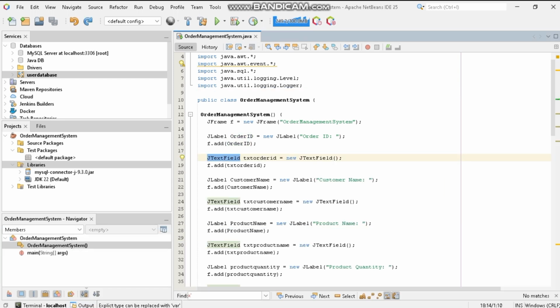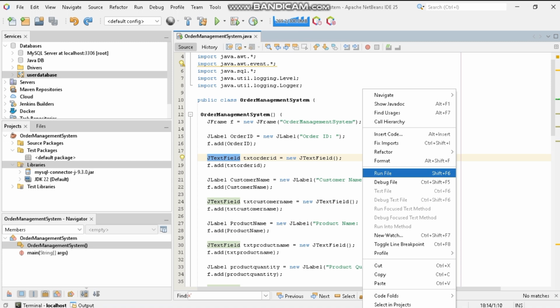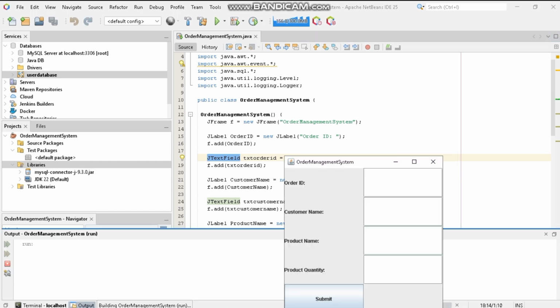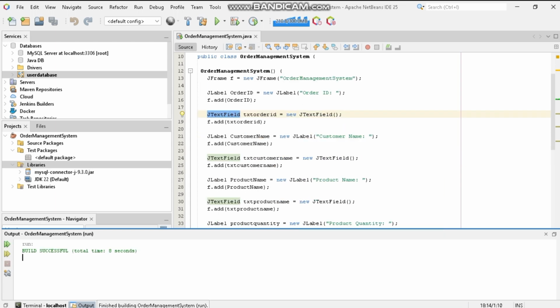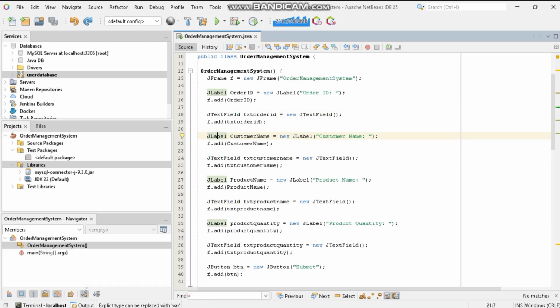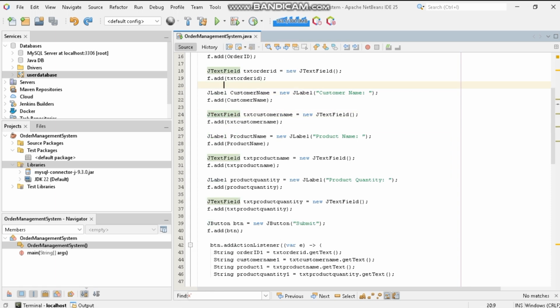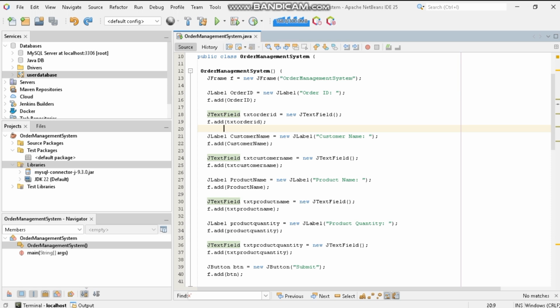After that, the text field for the order ID, and add it into the JFrame. If we run this file, now you can input text on the right side of the order ID because of the JTextField. If we talk about a JLabel, that is text that is displayed in a JFrame or in our frame. Now, the JTextField is how we can input a number or text. Let's proceed to the JButton,